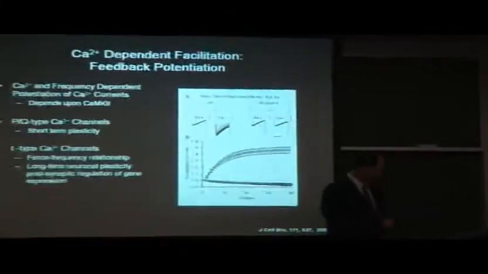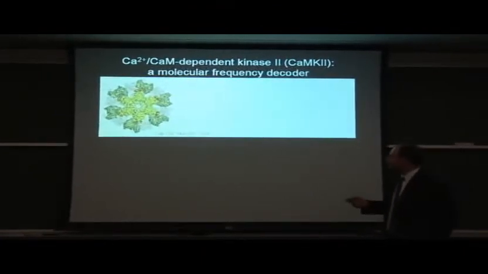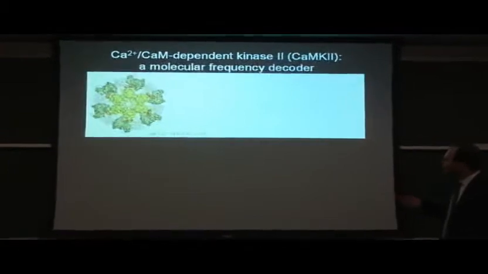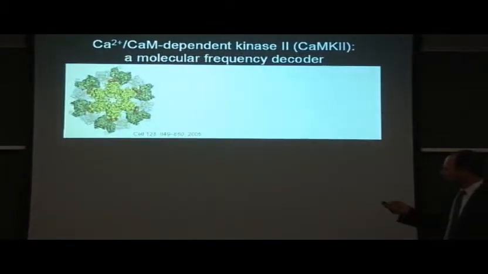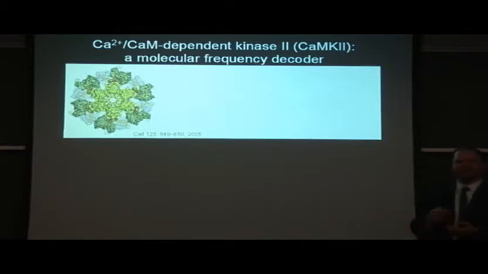CaM kinase 2. So this is the recently published structure of CaM kinase 2, and it's known to be a dodecamer. So what is shown here is the catalytic subunit in this dark green with an association domain in the lighter green. And it's kind of in the wheel and spoke formation. And there's 6 subunits on top, and there's 6 subunits kind of on the bottom with the 2 wheels, one on top of one another. And what's a little bit controversial or not well understood right now is how collapsed that wheel is. But that's not really important for today's talk.